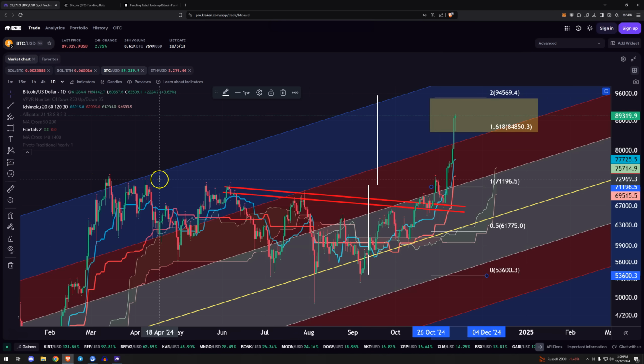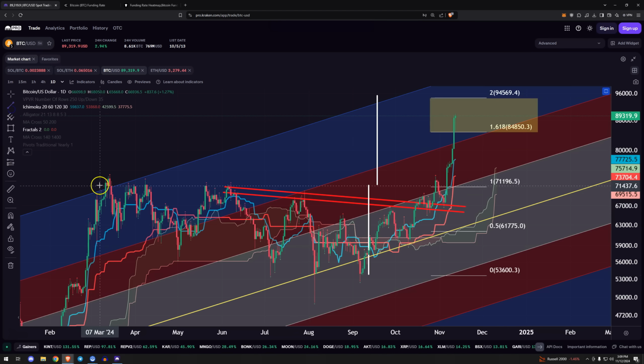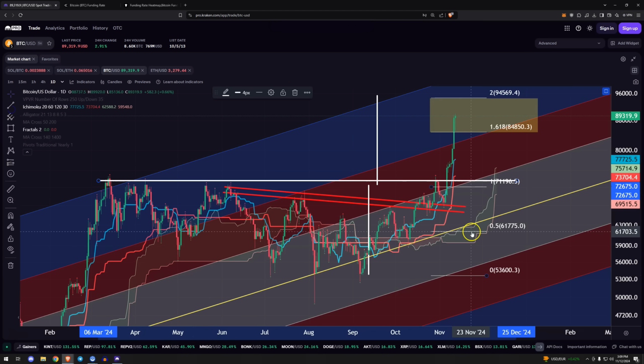Another part of this that's probably harder to measure is duration. If this took 7 months, do you really think it's going to be completely over in a couple days? I mean, that's possible, right? It's always possible that the move is super quick and over, the breakout happens, and we won't get any further upside. I think what's more likely is we quickly break out to what's usually the measured move, or the 1.618. We make a decision here. Do we pause? Do we reconsolidate? Do we continue the markup phase?